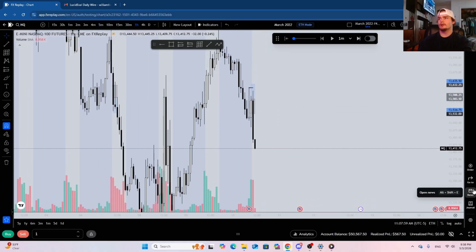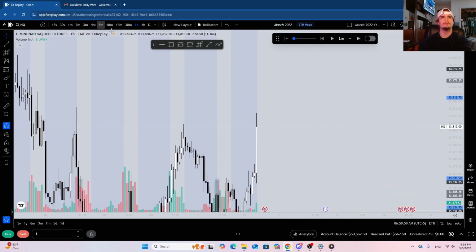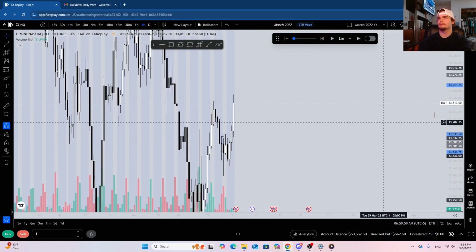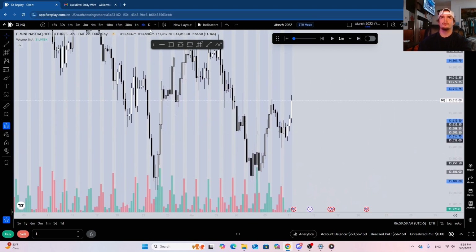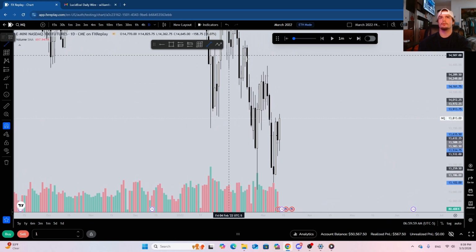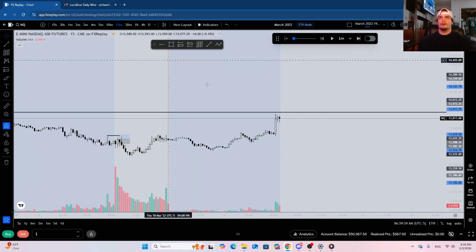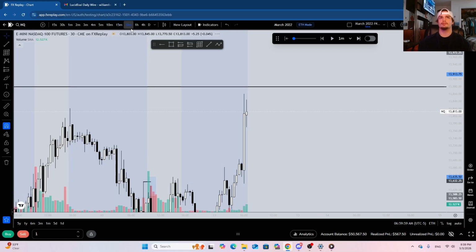It's unfortunate that we got displacement right when ES took out the high, so that's completely fine. Let's go to the 4 hour here. What day is it currently? It's the 10th, so we've only taken like 3 or 4 trades so far. Go to the daily time frame. We do have this unfilled daily gap up here. I'll go ahead and mark this out. Kind of edging this gap at the moment. It's currently 7:45. I don't think we're actually going to touch into this gap until market open, but we'll see what happens.